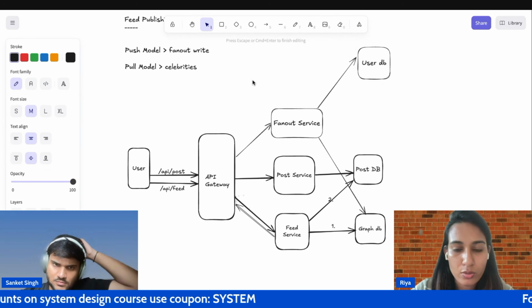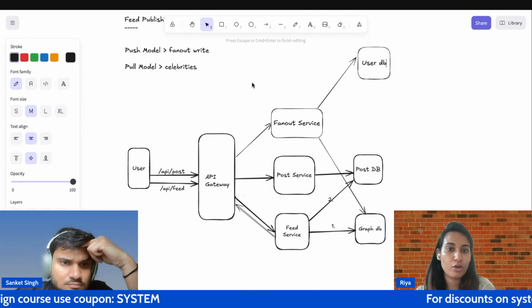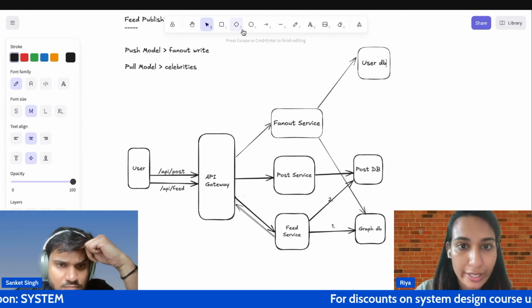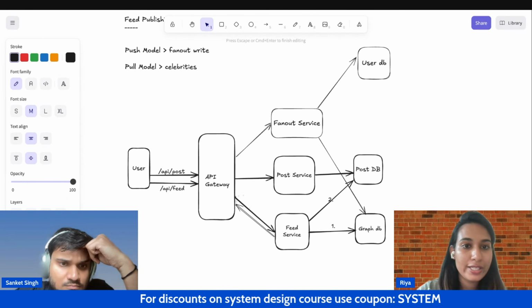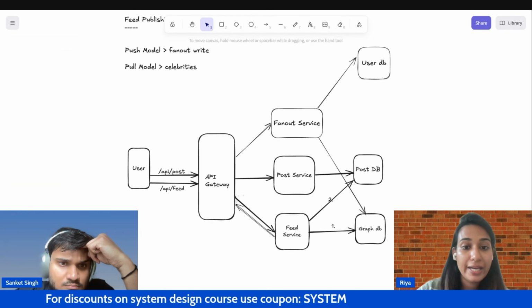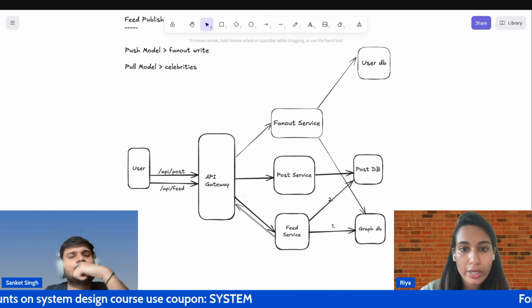Okay, I can also be using a user DB over here if I just want to update the list of friends based on any priority. Now, once I do that, I basically know who all needs to be having my updated feed. Now, I am going to introduce